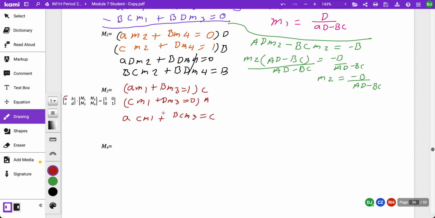Bottom one, when I multiplied it by A, would be ACM1 plus AD, D as in dog, M3 is equal to 0. Now what I want to do is eliminate these in order to get rid of the ACM1s. So then what I would be left with is BCM3 minus ADM3 is equal to